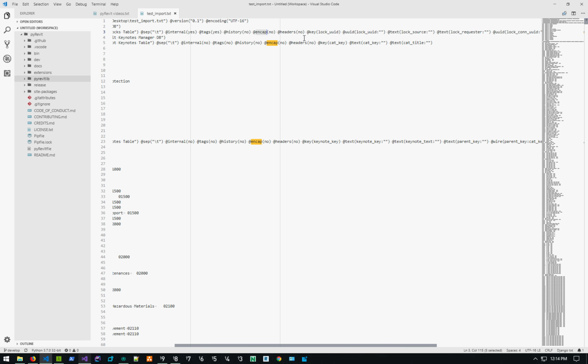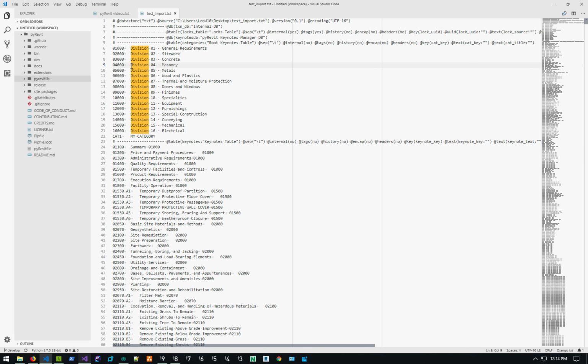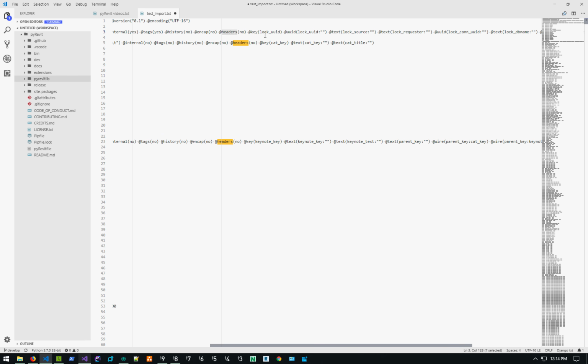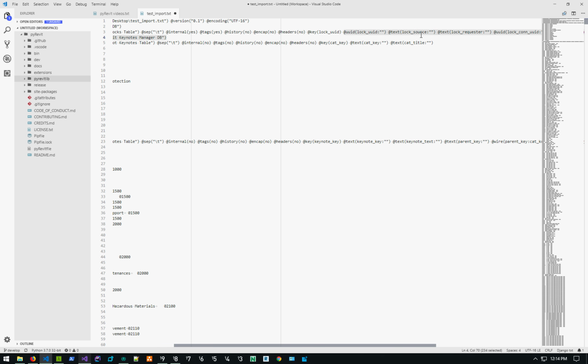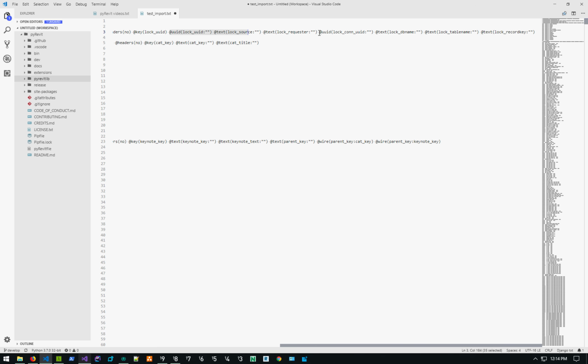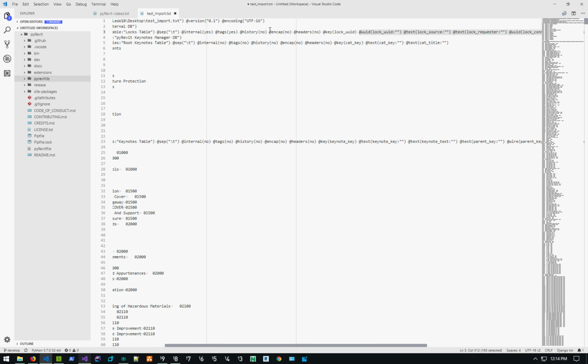It doesn't need encapsulation for the field values. Encapsulation means that you can encapsulate the values in quotes just to make sure that they follow a specific format. So it doesn't need encapsulation. It doesn't need headers, which I'll talk about later. The key for this table is log key UID, and after the definition of the key, you have the values. Actually, it's more than 3. You have 7 fields for this table,